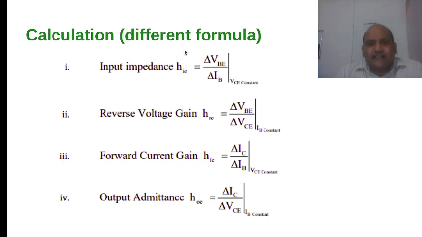So HIE has a different value for different biasing, because the output affects this. Another parameter which you can calculate from this input characteristic is HRE.